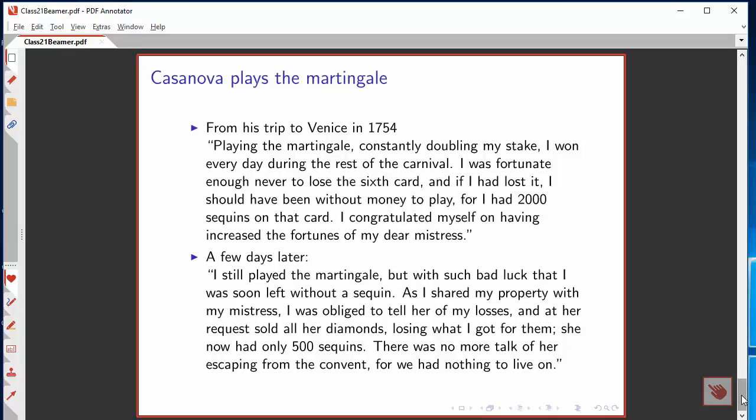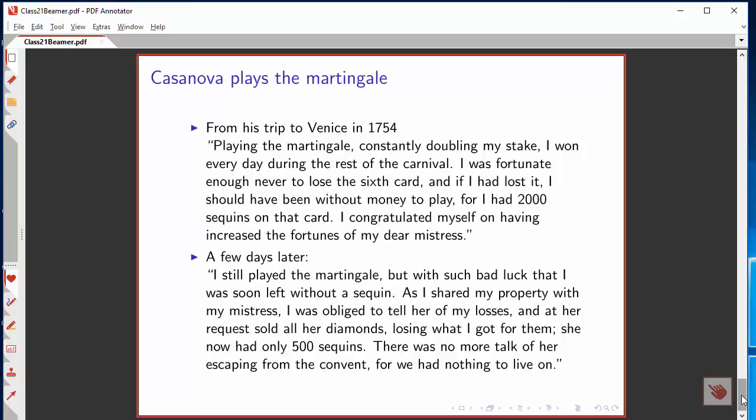I want to conclude with some interesting quotes from Casanova that I found in Grumet and Sturzaker's textbook. Back in 1754, Casanova himself was playing the martingale. "Playing the martingale, constantly doubling my stake, I won every day during the rest of the carnival. I was fortunate enough never to lose the sixth card, and if I had lost it, I should have been without money to play, for I had 2,000 sequins on that card. I congratulated myself on having increased the fortune of my dear mistress," presumably by 1 sequin at a time, and